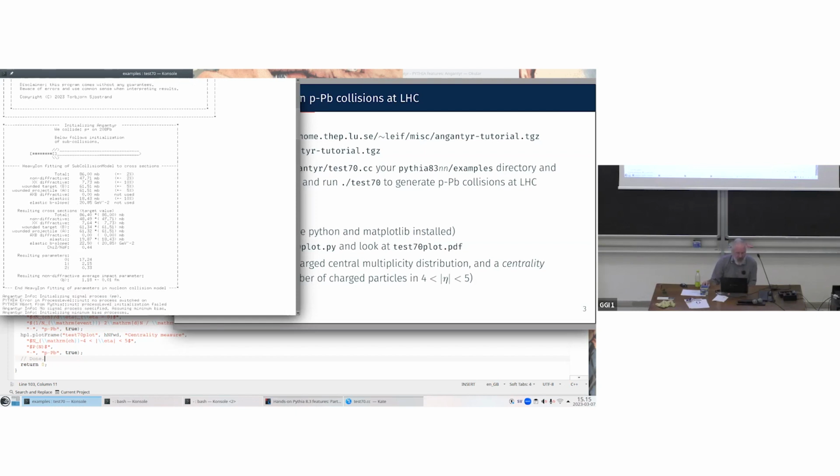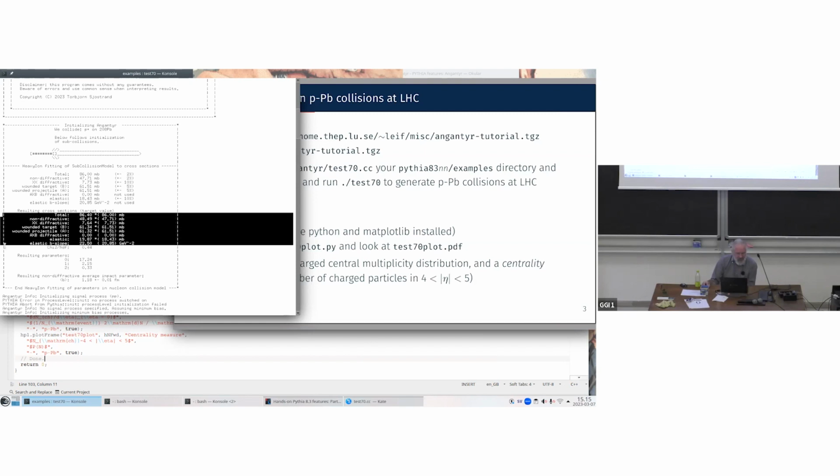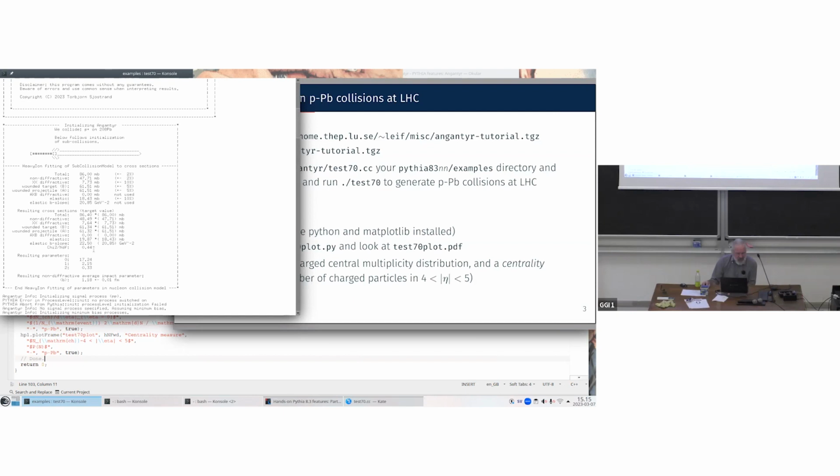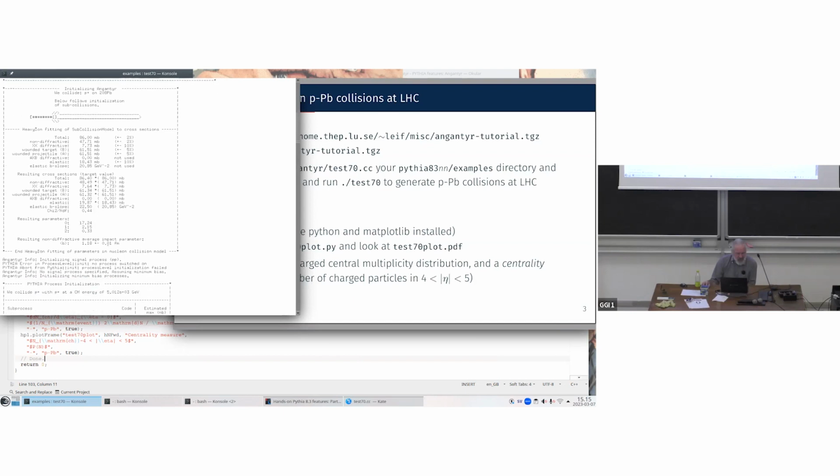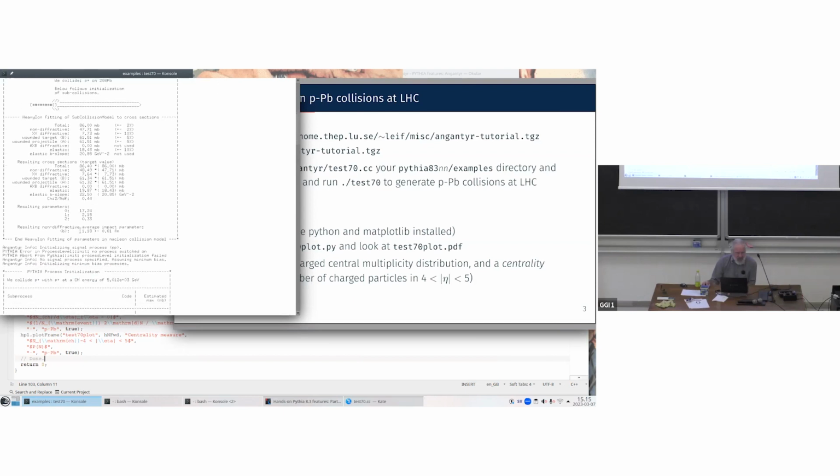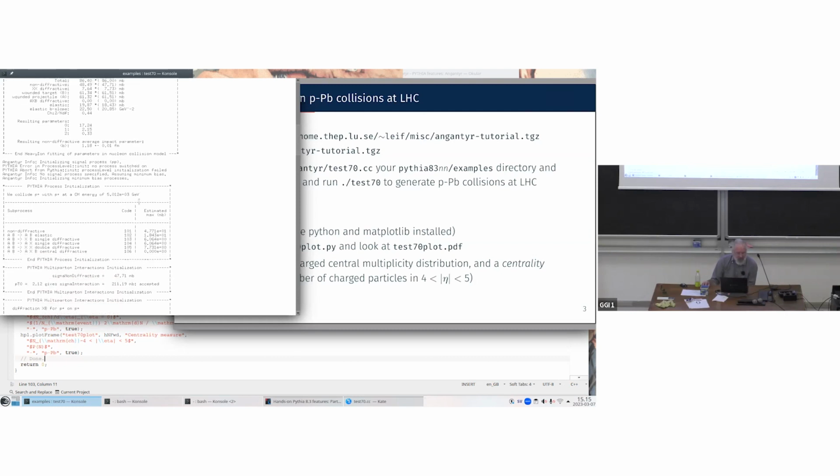And then after fitting, we get the resulting fit of these numbers, and the fit we didn't do now. You can see that it's fairly good. And these are the parameters. You can also in the fit get some feeling about the non-diffractive average impact parameter, which turns out to be 1.1. And then there's a lot